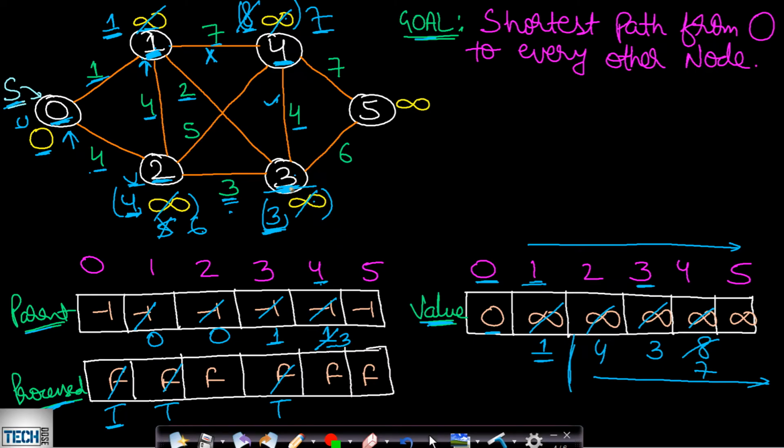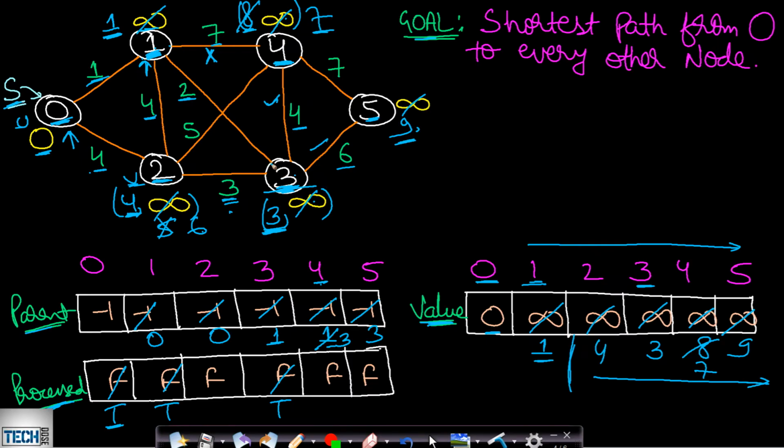Now there is one more outgoing edge from 3, that is going to 5. So the cost to reach this 5 starting from the source node via this 3 will be equal to 3 plus 6, which will be equal to 9. Now minimum of 9 comma infinity will be 9. So this infinity will be replaced with 9. And the parent of 5 will now be equal to 3, because this edge is now getting included.